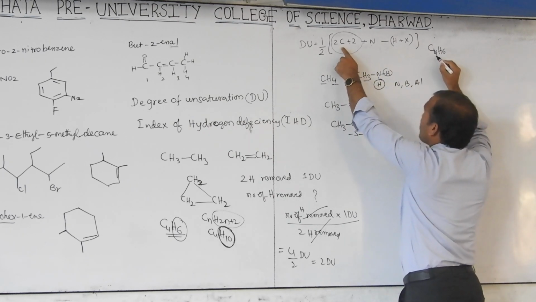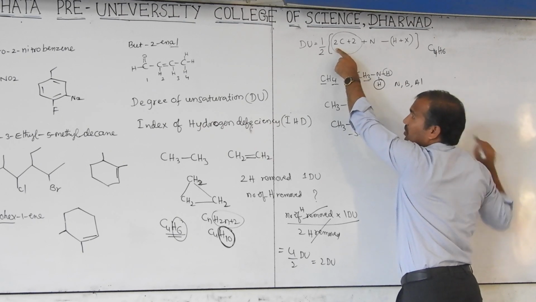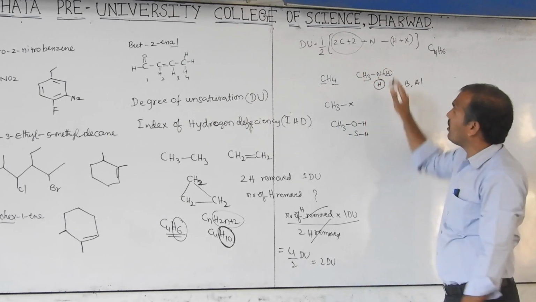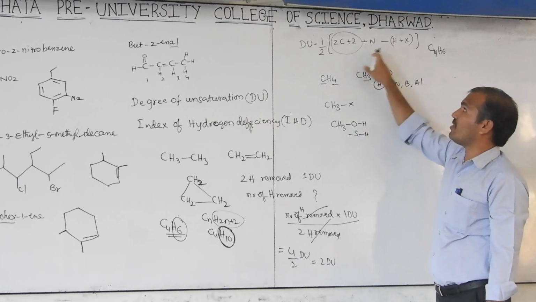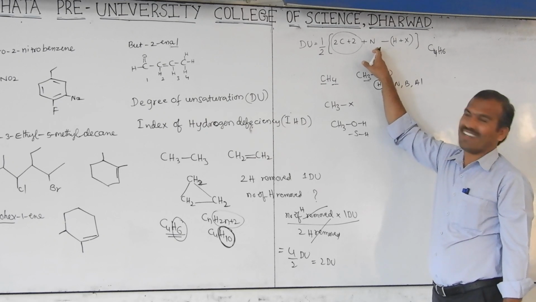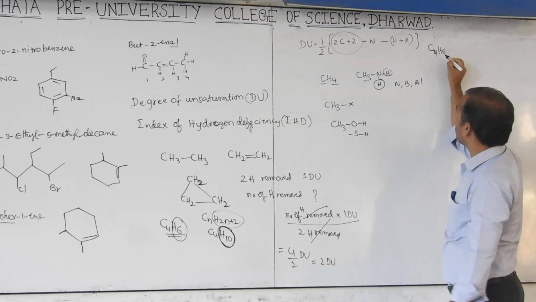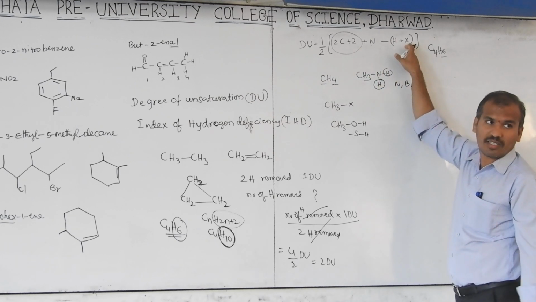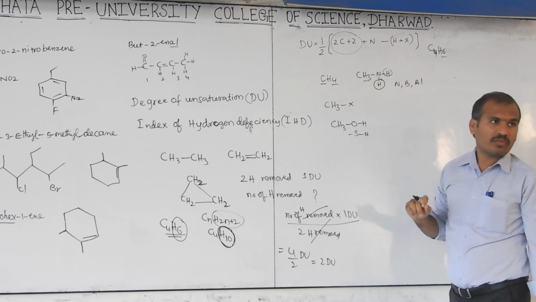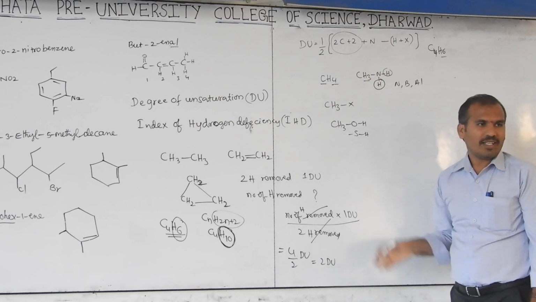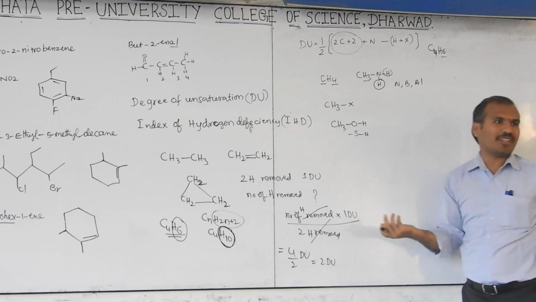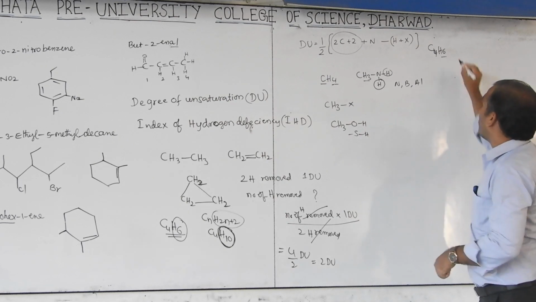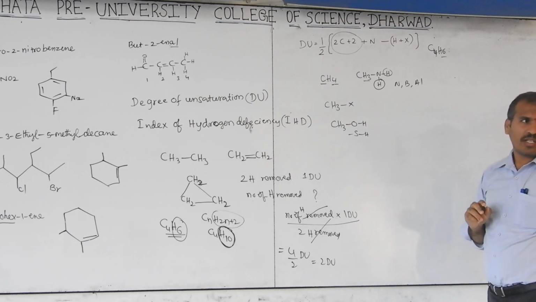Now, number of carbon over here: 4 into 2, 8, plus 2, 10. Got the point? Is nitrogen there? No, then 0. 10 plus 0, 10. Here hydrogens, how much have you been given? 6. 10 minus 6, 4. Halogens are 0. Then 4 by 2, what answer do we get? 2. Is this easy or this easy? Anyone, that is your choice.